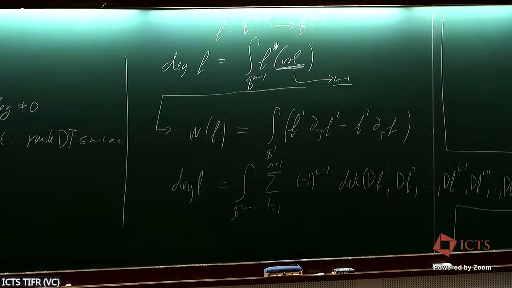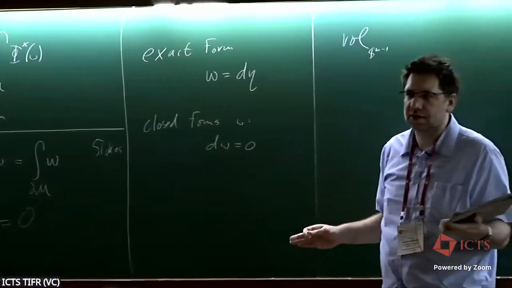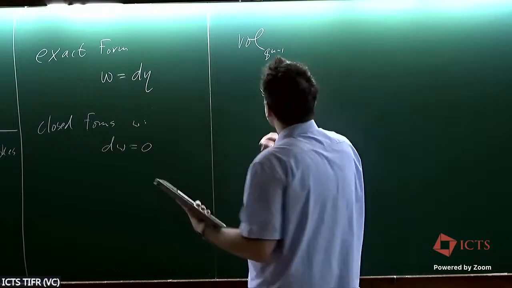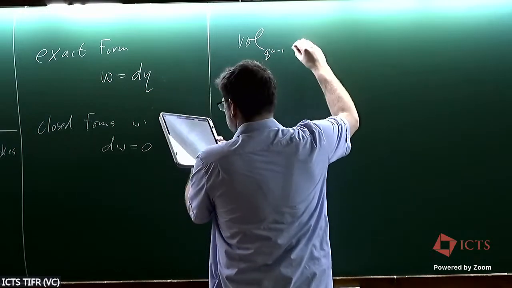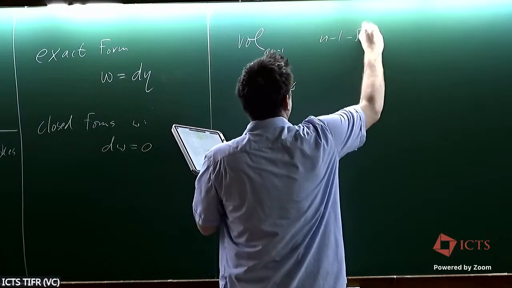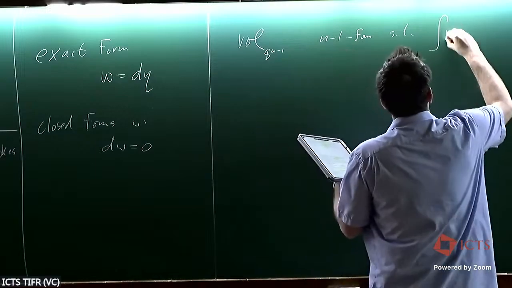So, volume form on the sphere. The volume forms are not unique. Well, how do we define that something is a volume form? Well, if you integrate it, it gives us the volume, right? So, volume form on S^{n-1}, right, is an n-1 form. So we can integrate it such that the integral of the volume